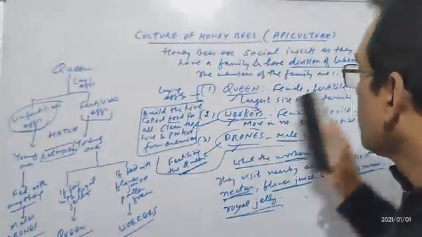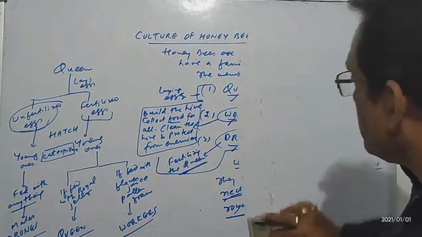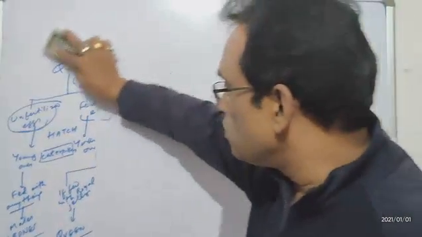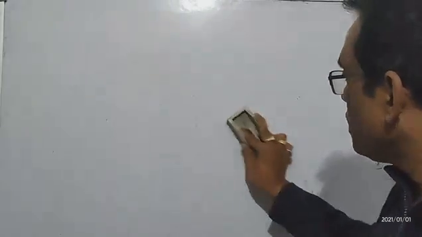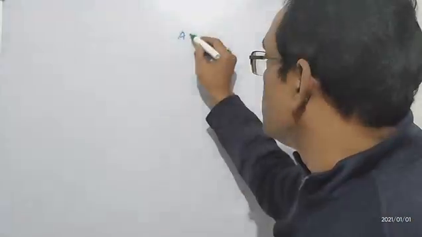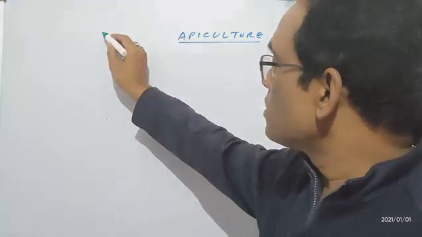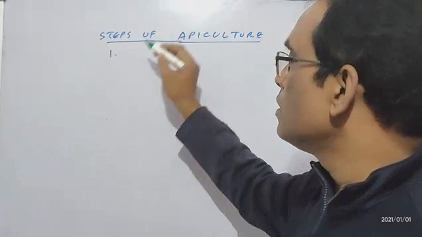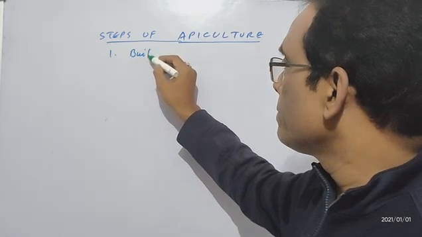Now, is that clear to you? So once we have understood what is the life cycle of the honeybees, how they grow, what they do to collect the honey, now we are utilizing this. What we are doing is, the farmers for apiculture, what they need to do, the various steps of apiculture. The first thing is, the farmers need to build up